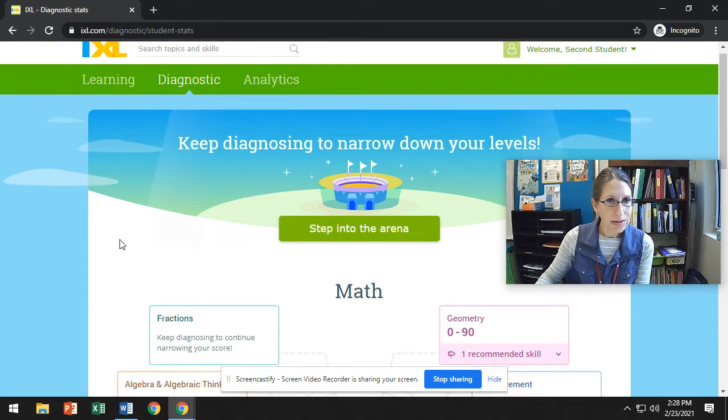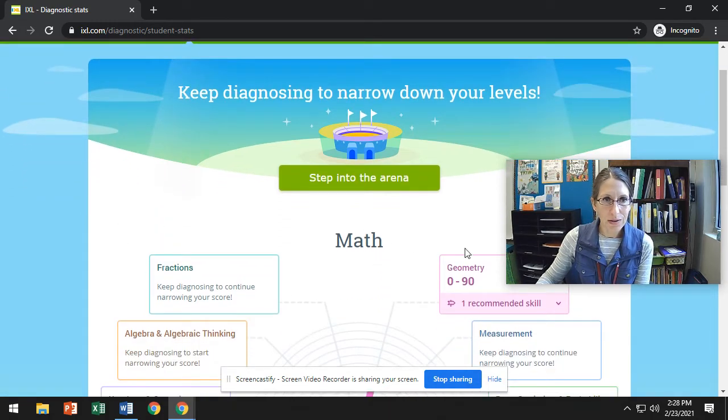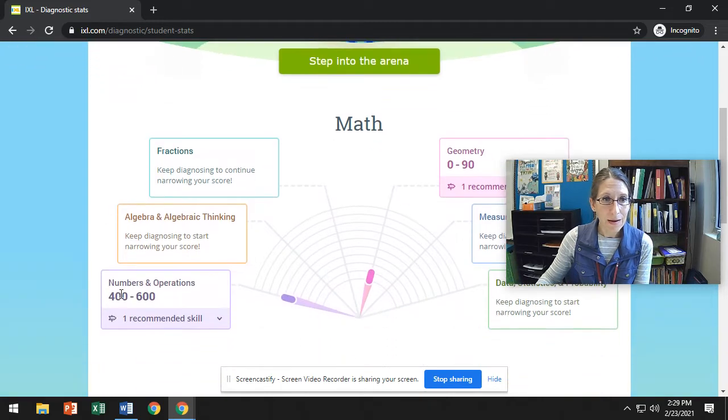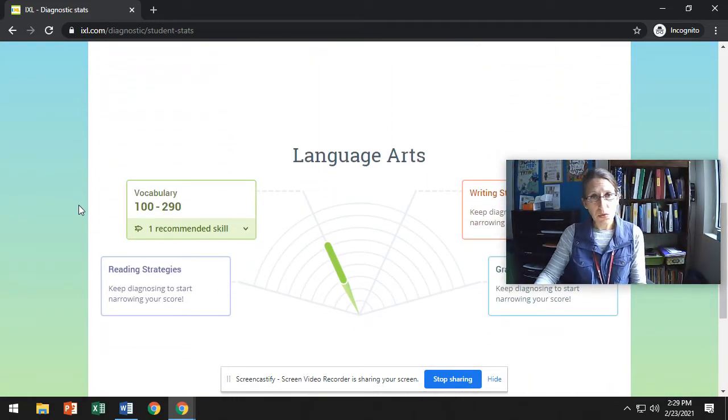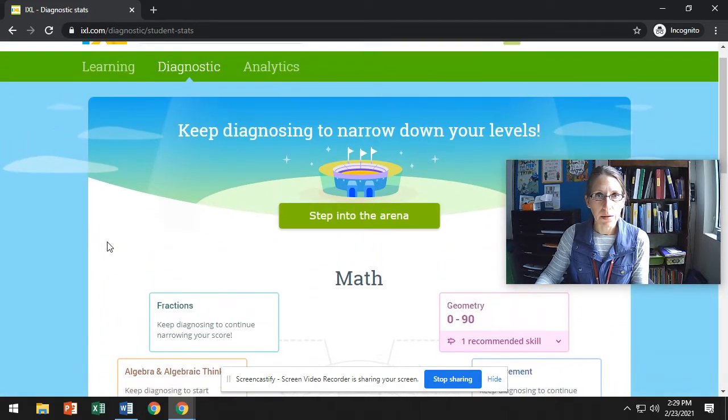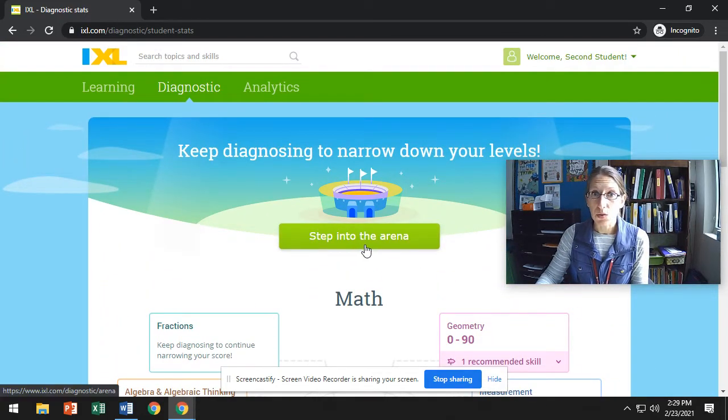And if you did want to look down here, this shows some things we're going to be working on in math, kind of some skills we're going to work on. And then if you scroll down, it has some things that we're going to practice with language arts, with reading and writing and spelling. So if you go back up at the top here, we're going to click on this green button,